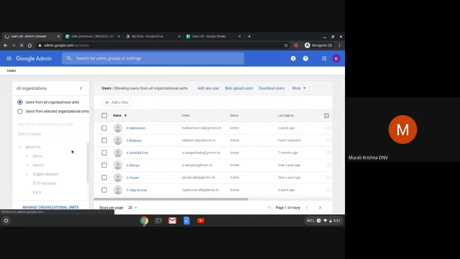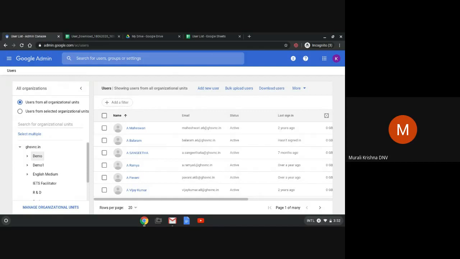If you see my left hand side, you can see so many OUs. This is the main school domain. This is called an OU. OU means organization unit. If I click on this arrow, I have another two OUs, which we technically call sub OUs. Public session is a sub OU of demo, and regular secure is a sub OU of demo. Now I'm going to upload users in demo using the bulk upload method. In this video, let us see the easiest trick to do this activity.